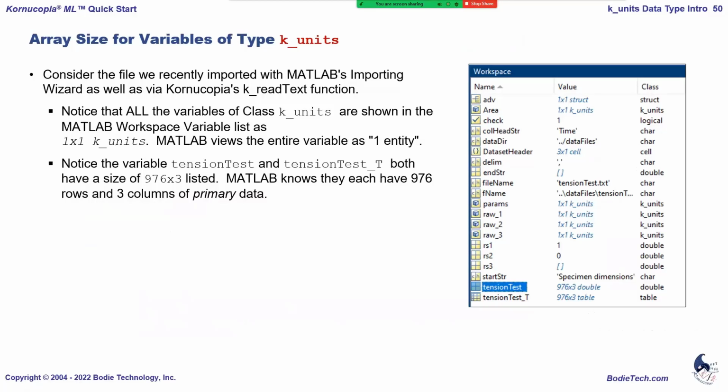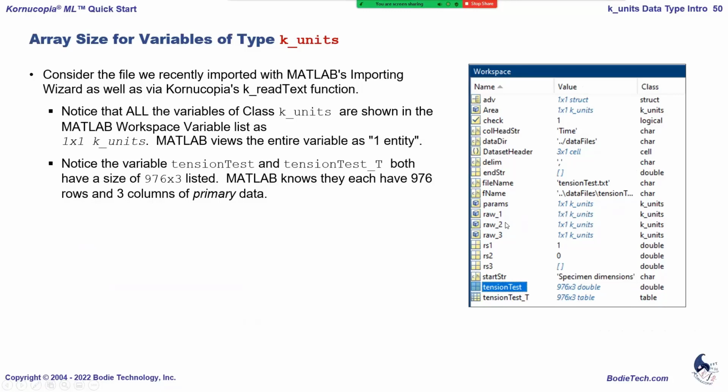Now, if you look at the variables that we have been playing with in this example, and we go look at the workspace, we would see a bunch of variables. In the MATLAB workspace, it'll tell you what's inside the variable and its class. The Kornucopia stuff is all K-units class. If you have just an array of numbers, it might have a double class. Like here, this is a double, and this is a table. All the K-units ones, if you notice, the value inside it is just claimed as a 1x1 K-units, regardless of what's there. So raw1, raw2, and raw3, which are the three variables we just created,